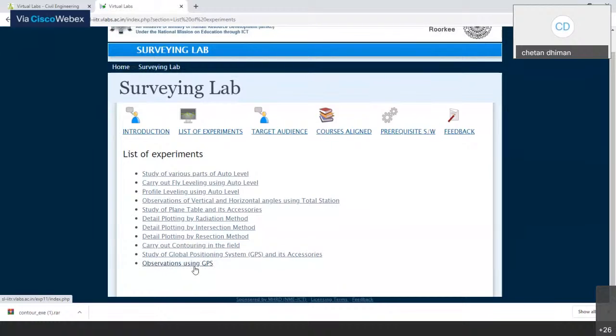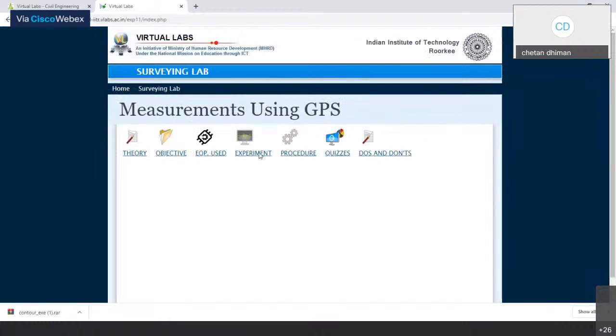So you just click on the link and you will find all the necessary links like theory, objective, equipment used. Then we have the experiment, then the procedure, then the quiz for self-evaluation, then the do's and don'ts, that is, what students should do in their lab and what they should not.